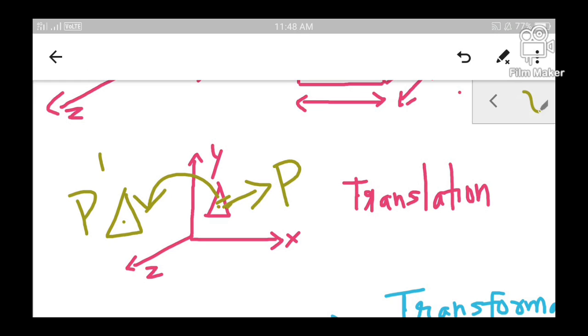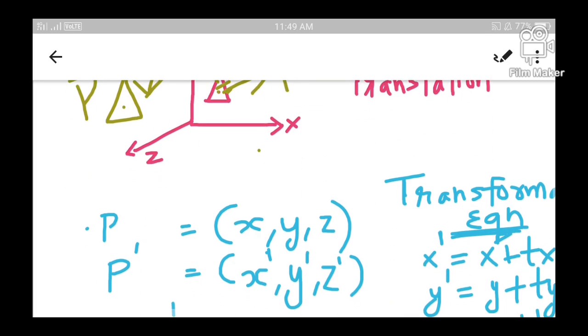So what are the things you learnt? Initially, when the object was in its current position, it has a set of points in it, and from that set we are considering only one point at a time. After the object is translated to its new position, all the points of the object will be transformed to the new position. Clear? So the point of consideration was taken as P, and after translation the point P will be moved to the point P dash. Now let us see how P and P dash can be represented.